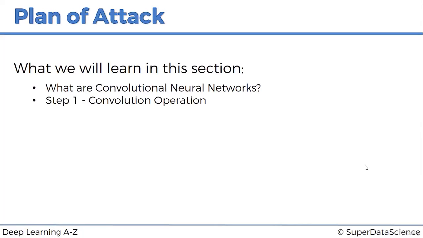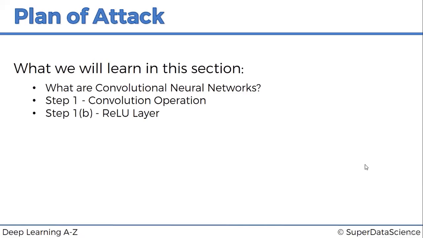Then step one is diving straight into convolutional neural networks. Then in step two, in order to first understand them, we consider the several steps we need to go through to build a convolutional neural network. The first step is the convolution operation, where we will learn everything about feature detectors, also called filters. We will talk about feature maps and the different parameters you are going to consider here.